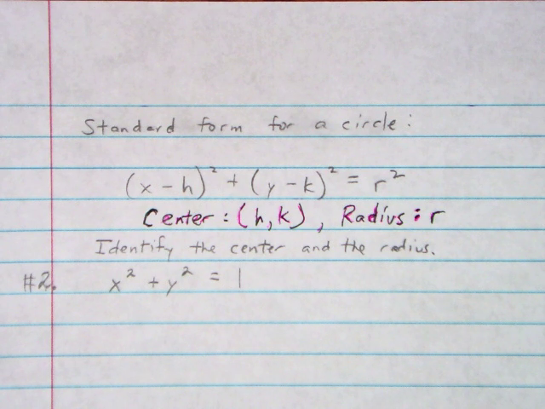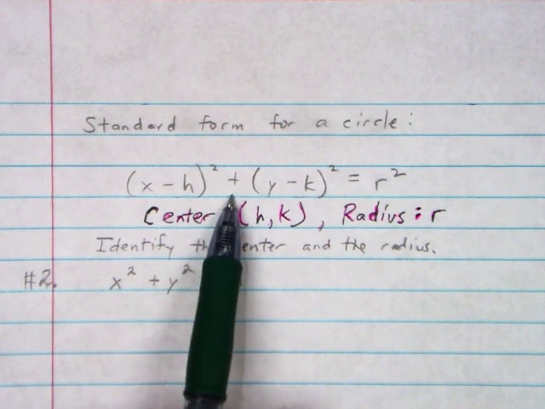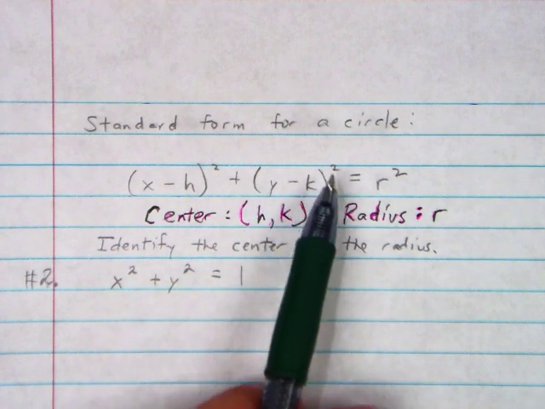Okay, in this mini lecture, we're going to look at the standard form equation for a circle. We did cover this briefly in Chapter 1 of our Algebra 2 trig course, but we're now looking at it again in this section 4.5. The standard form equation for a circle is (x minus h) squared plus (y minus k) squared